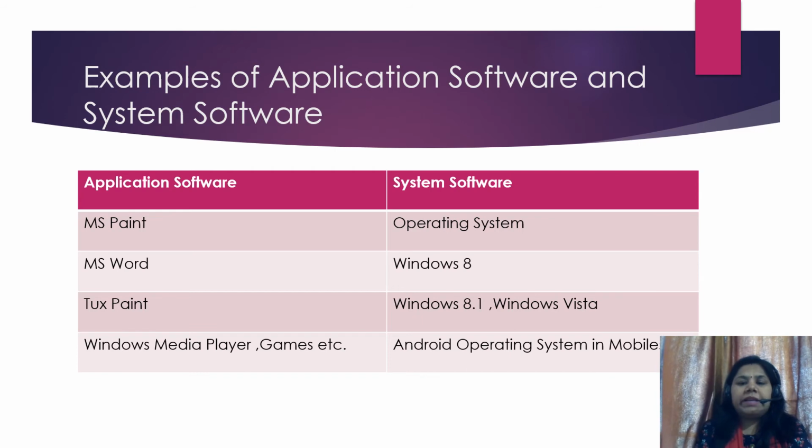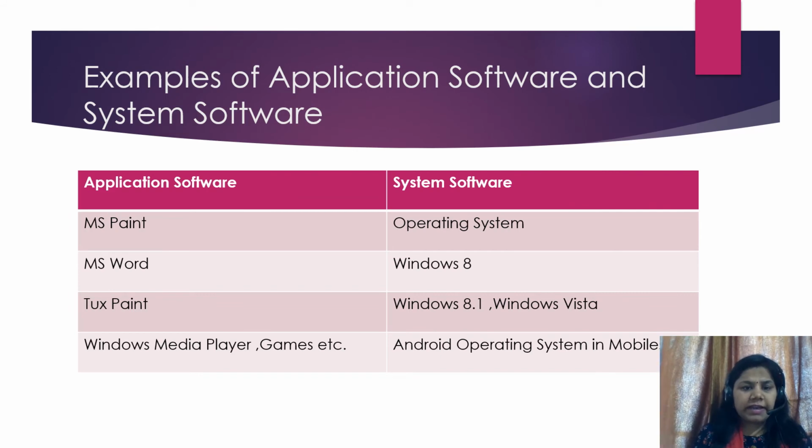So all the operating systems of the computer fall under the category of system software, because the operating system is actually the main system of the computer, which is giving instruction to both the hardware and the software on how they have to work. Without an operating system, our computer has nothing to do. Means if there is no operating system, we can't work on our computer or laptop. So the operating system is the main system software of our computer.